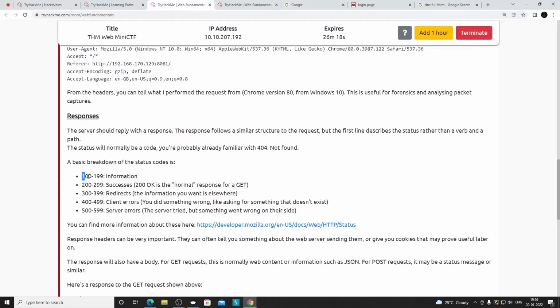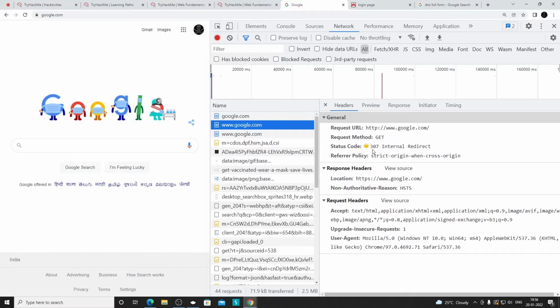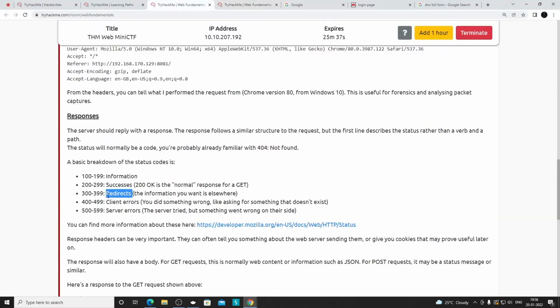If the server is responding with a status code anywhere between 100 to 199, it means it is just returning us information. Between 200 to 299, like 200, means whatever request you sent was performed successfully. The numbers between 300 to 399 mostly mean redirects. As you can see, this number was 301, so that's why it is redirecting us to a different URL. Similarly, here you see 307, which also means a redirect to another URL. So from these status codes, you can understand what's happening. So yeah, that's redirect.